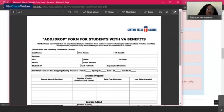Now before I proceed any further, anytime you as a student want to drop a course, I would want you to consult with us first before you consider dropping a course, because the Department of Veteran Affairs is very strict in this case, especially if your classes have already been certified. Let me warn you,